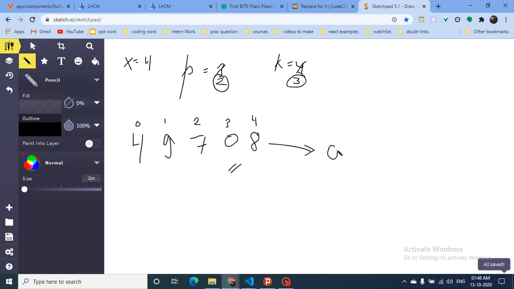So the numbers will become 0, 4, 7, 8 and 9, with indices 0 1 2 3 4. So I can change this position with any number I want, such that in the end this position will get the actual answer equal to 4.